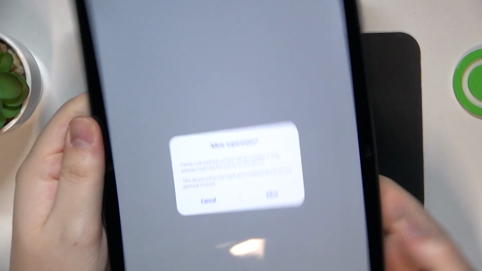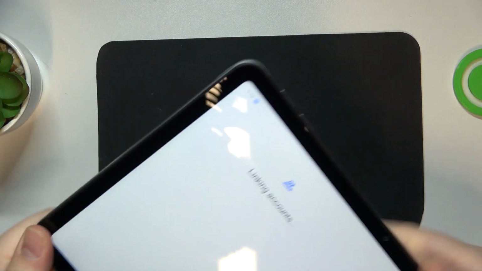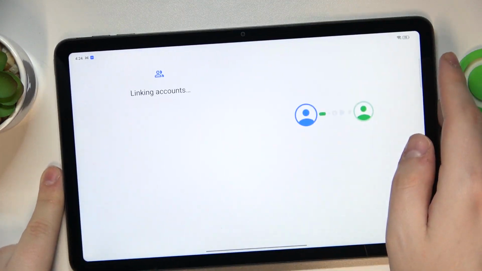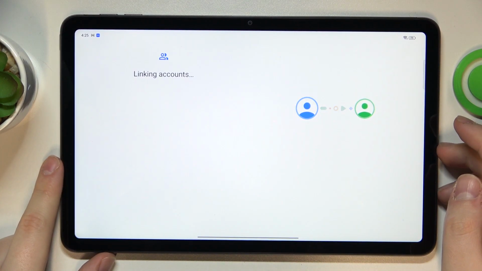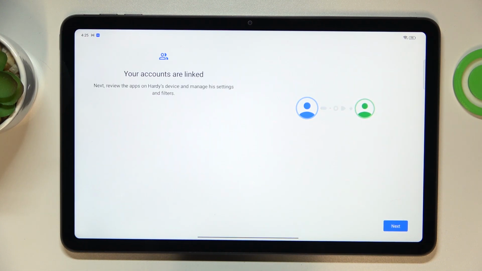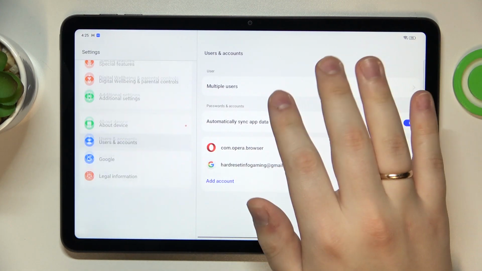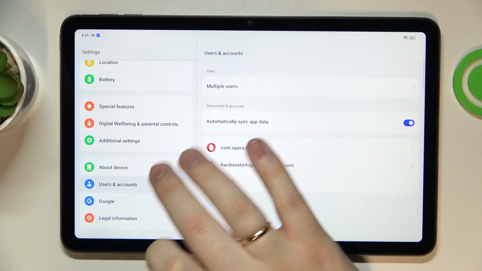After that, you should get the following Allow Supervision dialog window, on which you gotta go for the Allow option, and then wait for the parent and child Google accounts to get linked together. Now you gotta tap at the Next button and the setup shuts itself down, but that's not a great deal